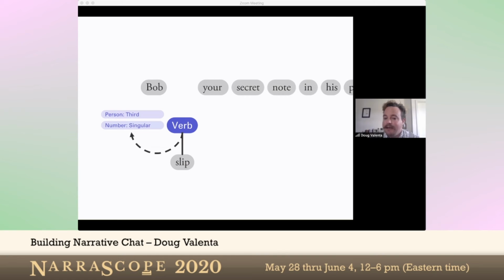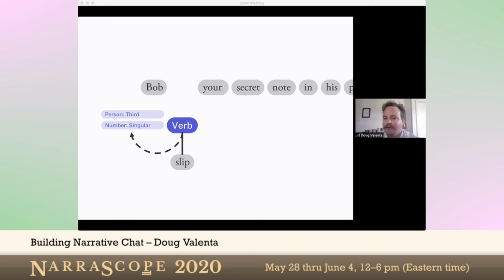All we need to do is bring in these texts to replace these references, and ta-da, we're done. Now, one important thing about why we did the nouns first is that the way that we conjugate the verb is going to be dependent on the noun that we used as the subject, not on the textin that we used as the subject, and not on the topic that we used as the subject, but on the noun. Those nouns, remember, have these properties attached to them, a person and a number. And in English, we have something called subject-verb agreement, where the verb is inflected to agree with the subject. And what that means is it needs to agree with the person and number of the subject.